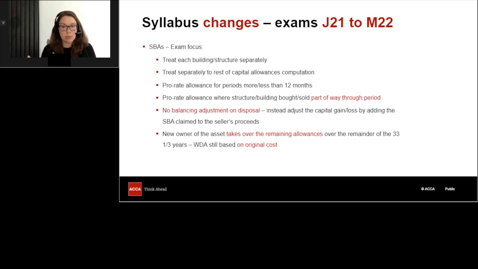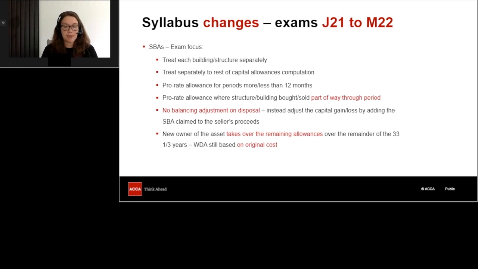You would do them as normal and get your allowances figure from that, and then you would look at what qualifies for SBA separately. But when you're looking at deducting the amount for capital allowances away from your trading profits, you would put any plant and machinery allowances together with any SBAs and deduct that from your trading profits. Things to watch out for then.